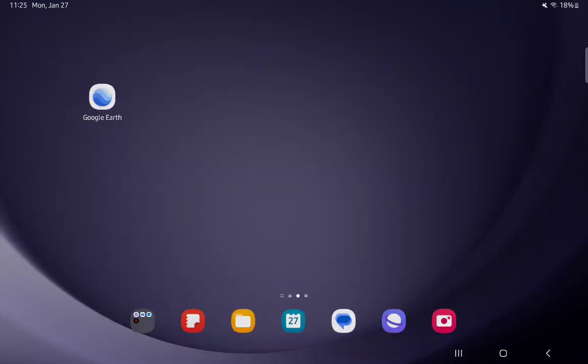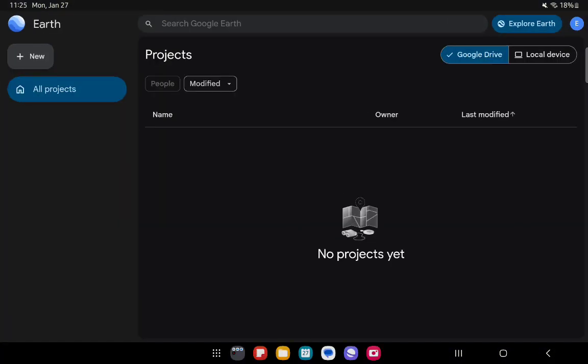Hello guys, in this video I'm going to show you how to make a path on the map in the Google Earth application. The first thing you need to do is enter the app. Once you are done with that and you are in the home page, you can just press on Explore Earth